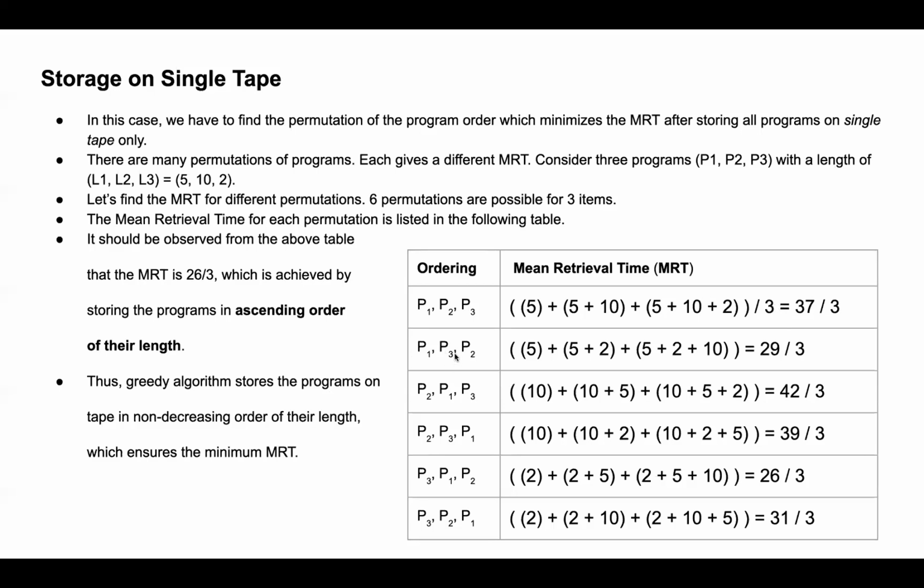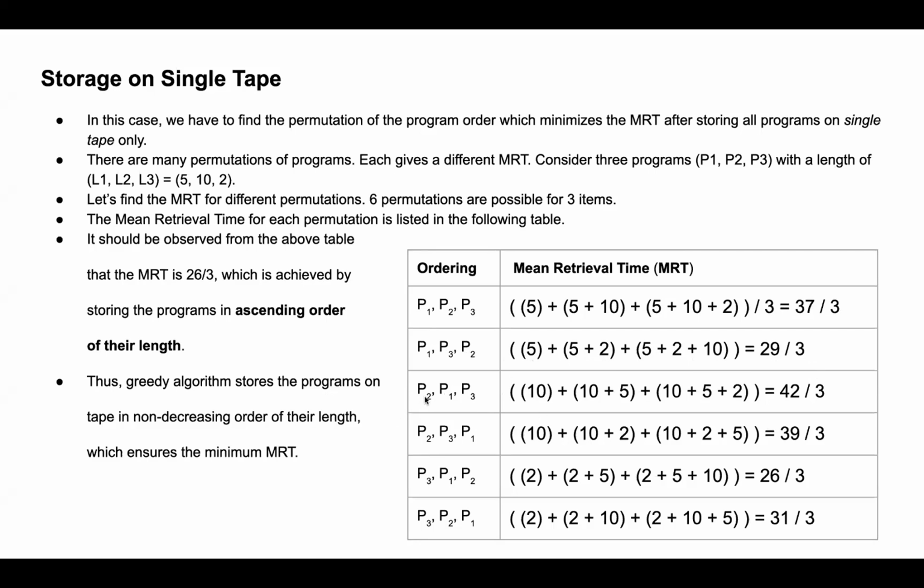Same for P1, P3, P2. P1 is 5, P3 is 5 plus 2, and P2 is 5 plus 2 plus 10. So 5 plus 7 plus 17 becomes 29 by 3. Okay, next is